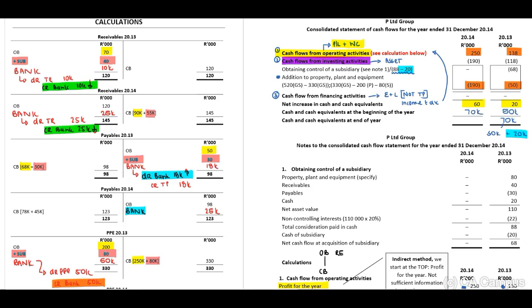Your closing balance, you need to add, guys, important, you need to add your subsidiary and parent at the end of the year, which is 130,000. Then you had to remember that we have obtained a subsidiary, therefore we need to include our note. Now, guys, normally in the note, you will have to add and indicate that the subsidiary was obtained on 31